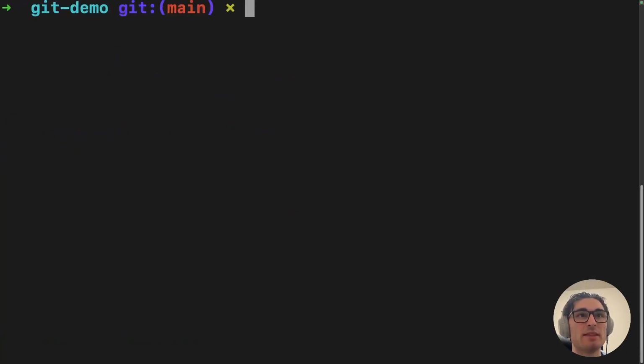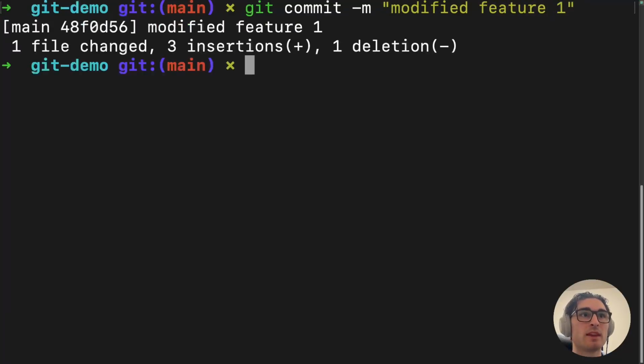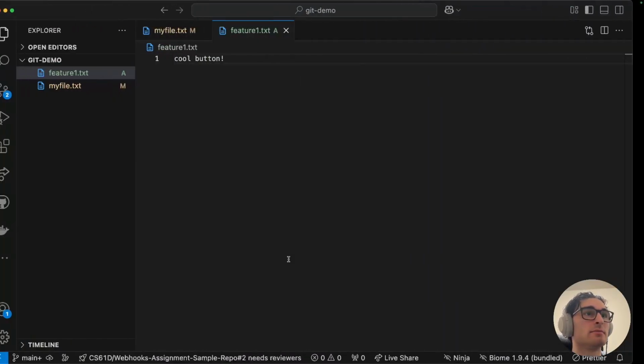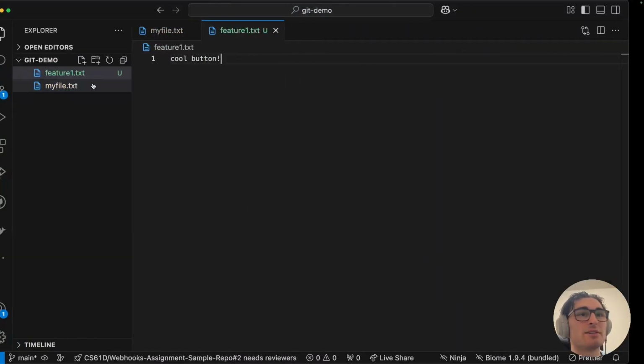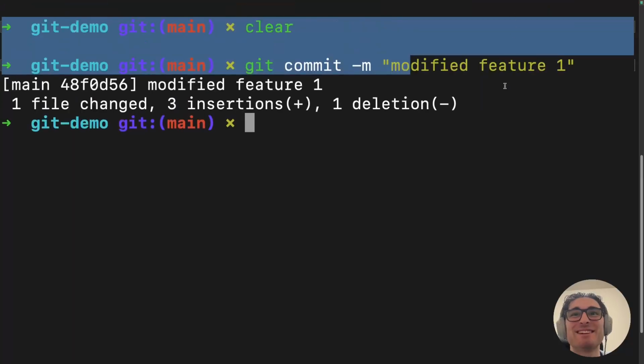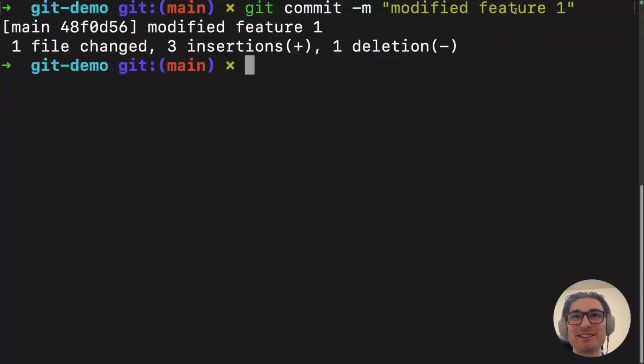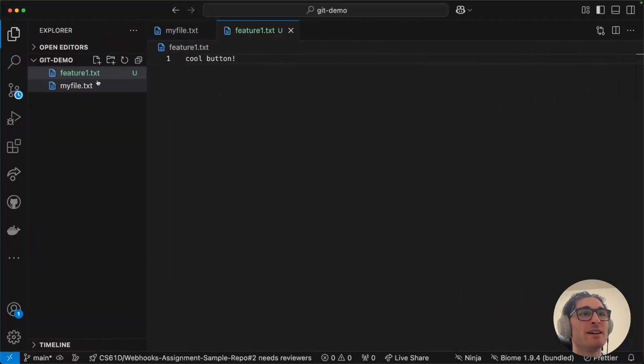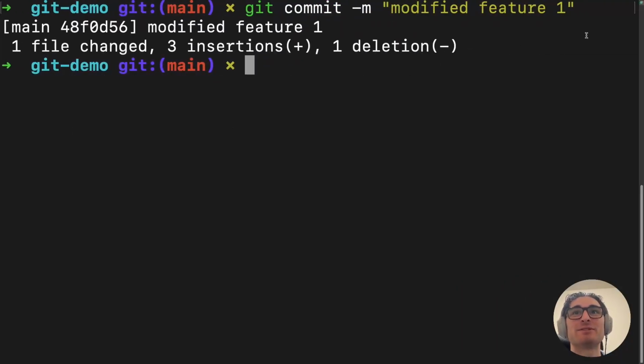So then we can make a commit saying modified feature one, and only the changes to that. I should have changed this. I should have said modified my file. But anyways, only the changes to my file were committed, and the feature one changes are not committed. So I messed that up. I should have had a different commit message, but we could now create another commit,